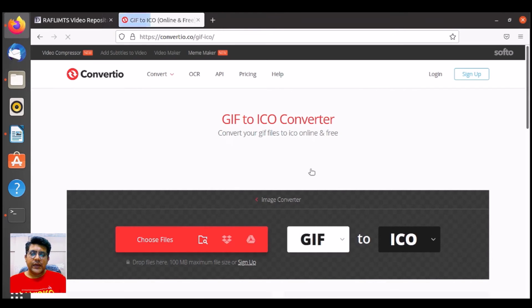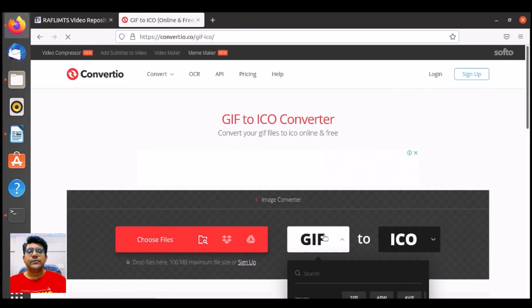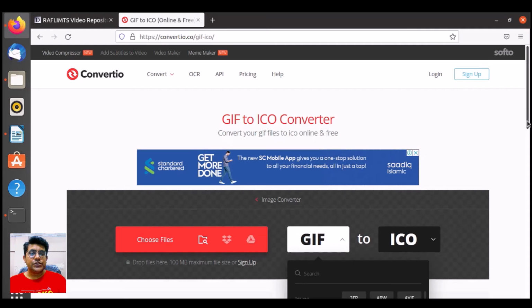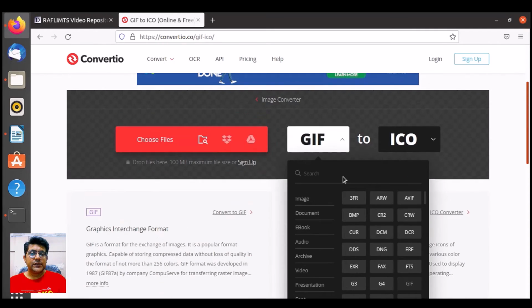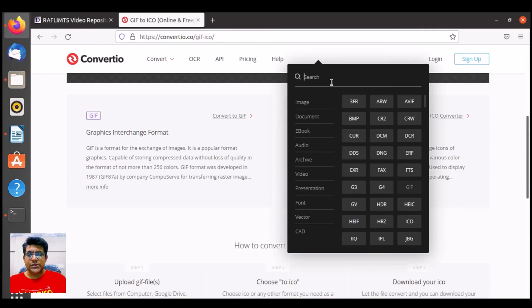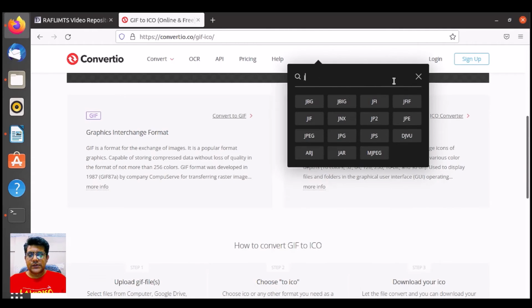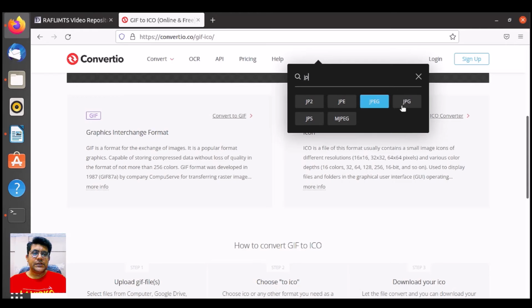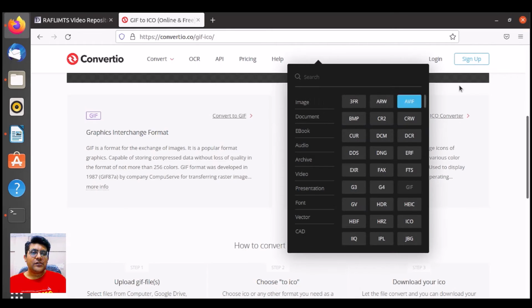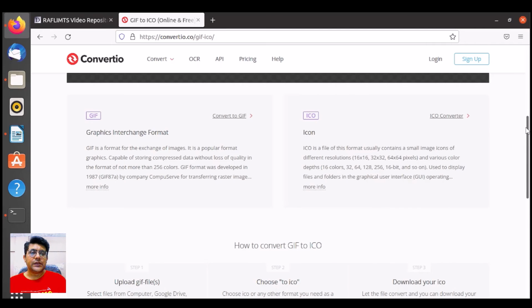And there you can see this one is GIF to icon. And if your logo is available in PNG format, you can change the format here, like PNG, or maybe JPG, you can select JPG, JPEG, or whatever the format. But right now our logo is available in GIF format, so we will go with the GIF,